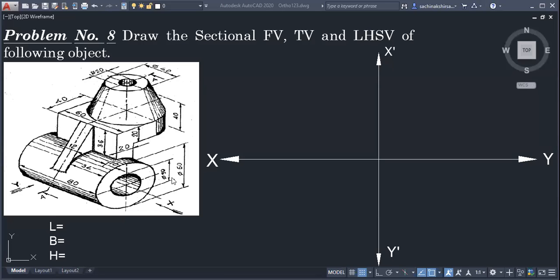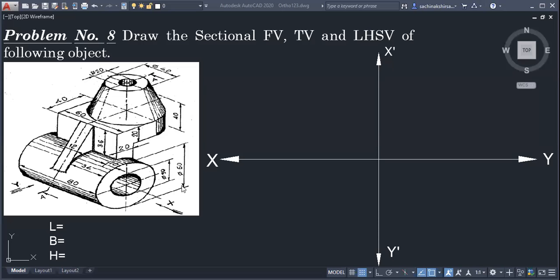So basically, we have to know why objects are cut. We have discussed this also. Why is a section of an object taken? Very simple. If you have studied biology, there was one practical called dissection, or section.